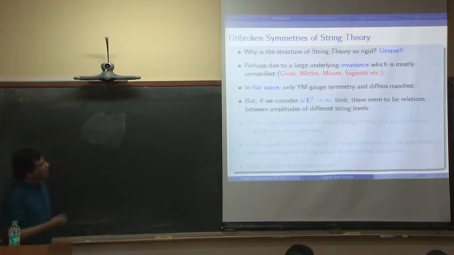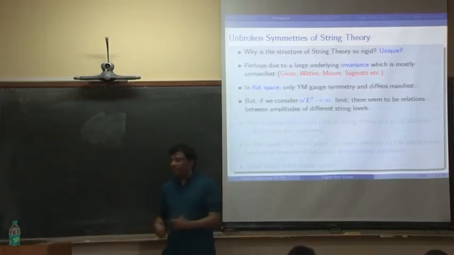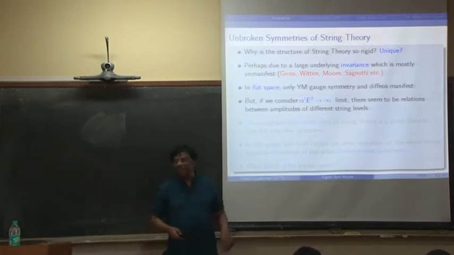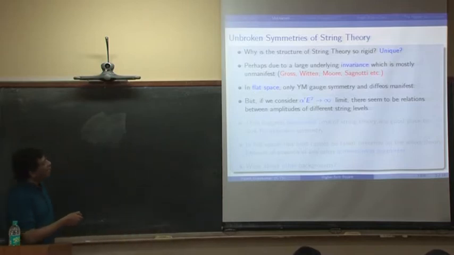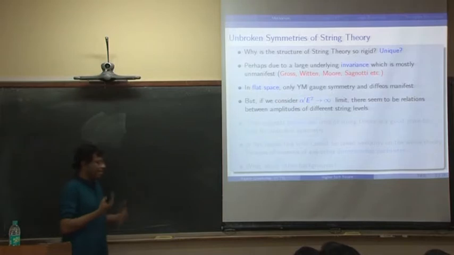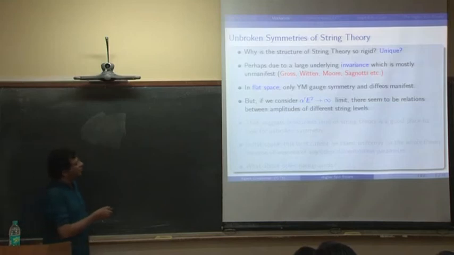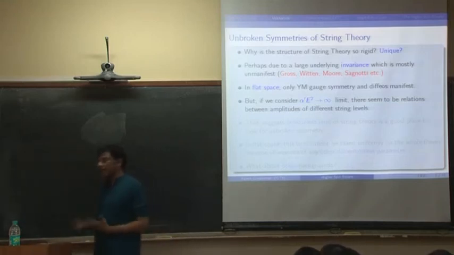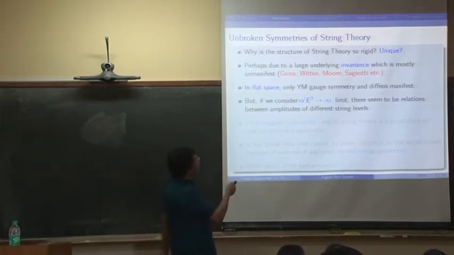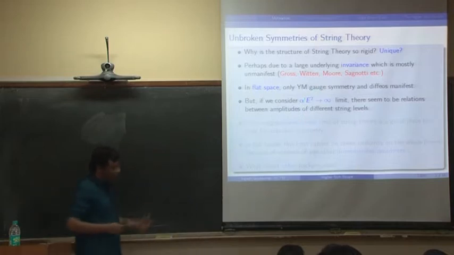But these people in the late 80s, in flat space, tried to uncover hints of this larger invariance by looking at a particular limit where you take this dimensionless combination, which is the ratio of energies to the string tension. So alpha prime is sort of 1 over the string tension. So this is a dimensionless quantity, and you can take this limit going to infinity, so you can view this either as a sort of high energy limit, so E is the characteristic energy of the states that you are